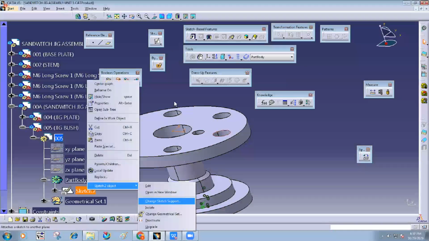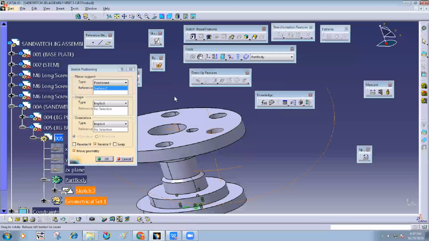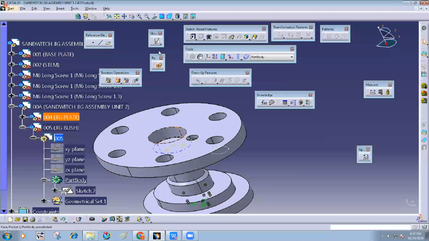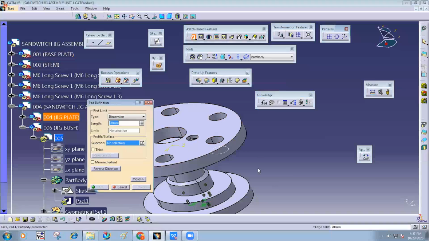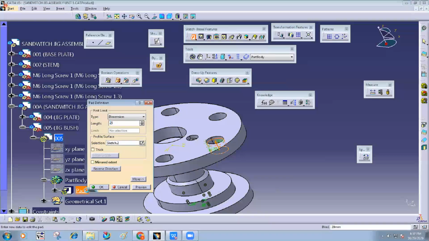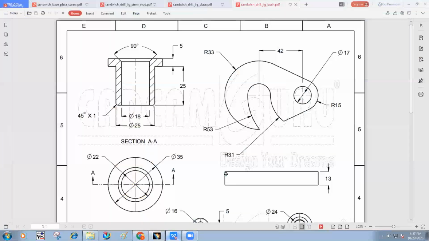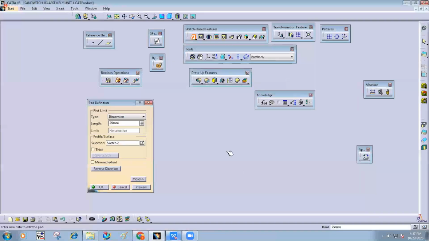So I change the sketch support and take it over here. And now you define this pad height in reverse direction 25. 25 plus 5 you can say, that is 30.